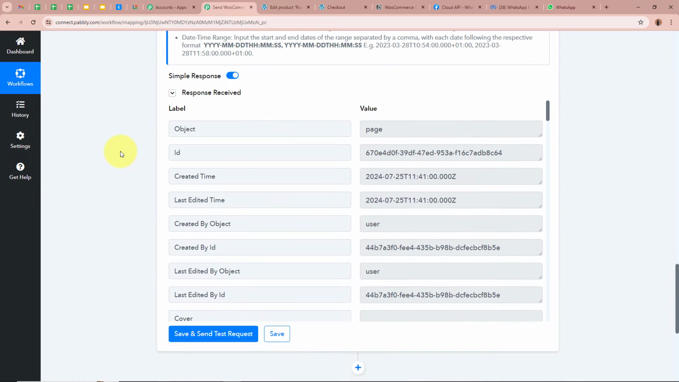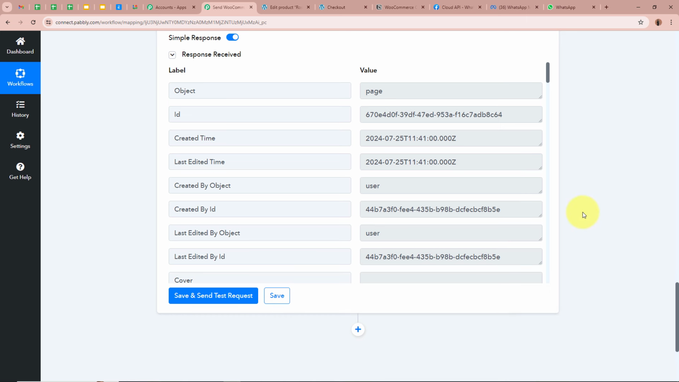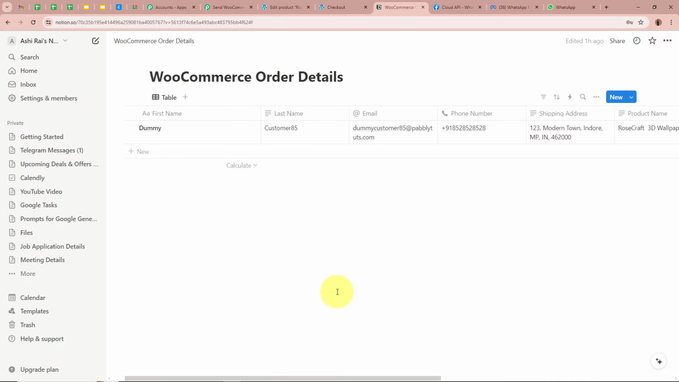As I've clicked on the Save and Send Test Request button, we have received the response, which is a positive response. That means a new database item has been created in my Notion account. I'm going to open it, and yes, you can see right over here, a new Notion database item has been